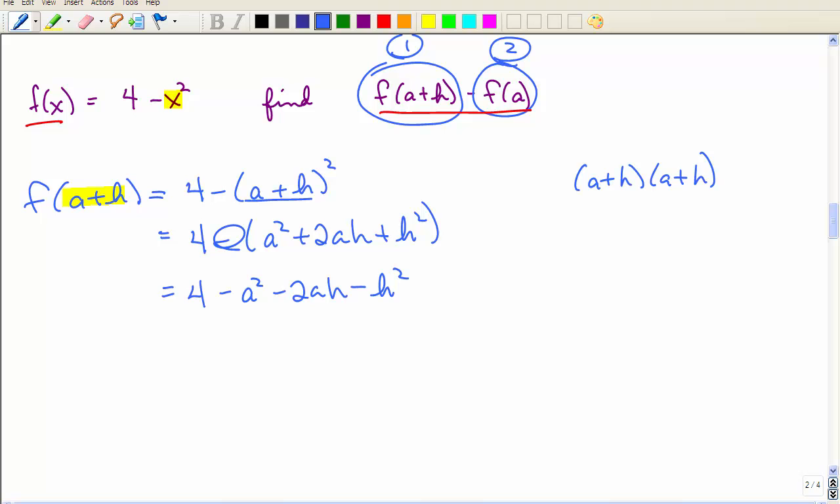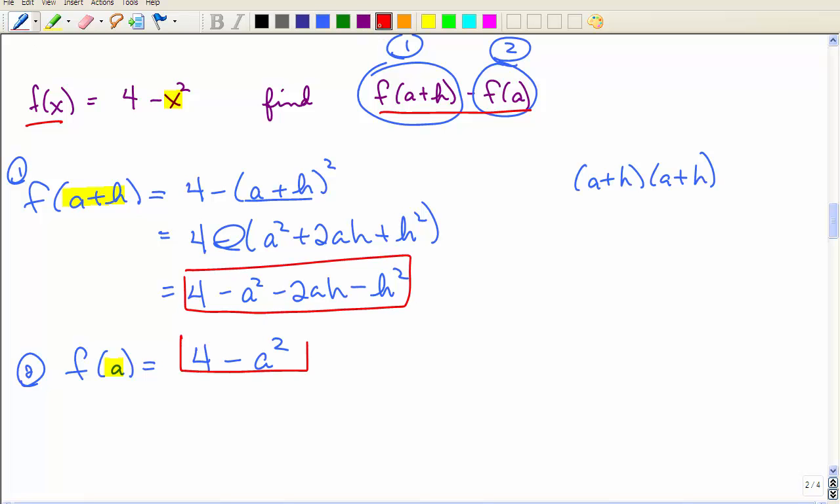So just be careful. All right, that's the first thing I'm going to do. The second thing I'm going to do is find f of a. Again, I'm going to replace x with just a. Should be a little bit easier, so I just have 4 minus a squared. No big deal. Now it says to subtract those 2 answers. So we have another minus sign. I'm going to take this and subtract that. Well, I could write it all in one line,